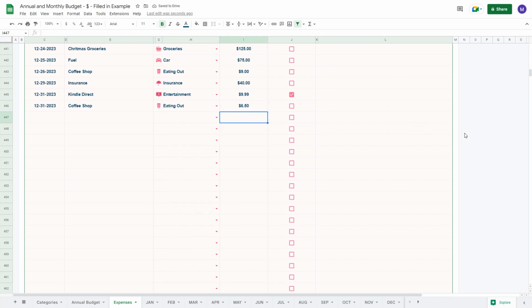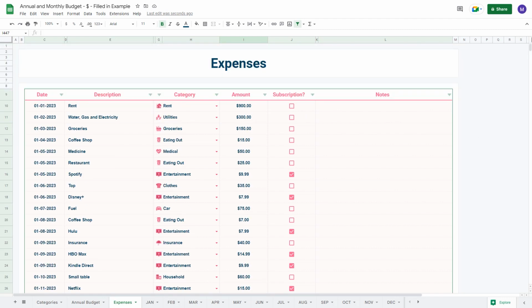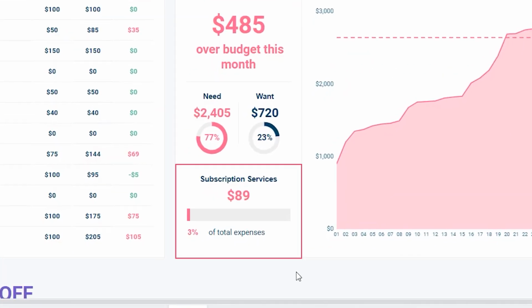It can be easy to forget about monthly or yearly payments for services we rarely use, and cutting these out is a great way to reduce spending. This subscription box is to indicate which of your expenses are subscriptions and will allow you to analyze your subscription spending in the monthly and annual tab. Here you can see your total spending on subscription services in February is $89 and represents 3% of your total